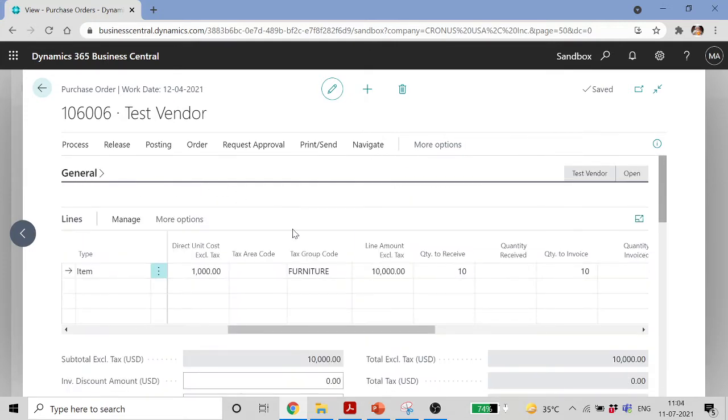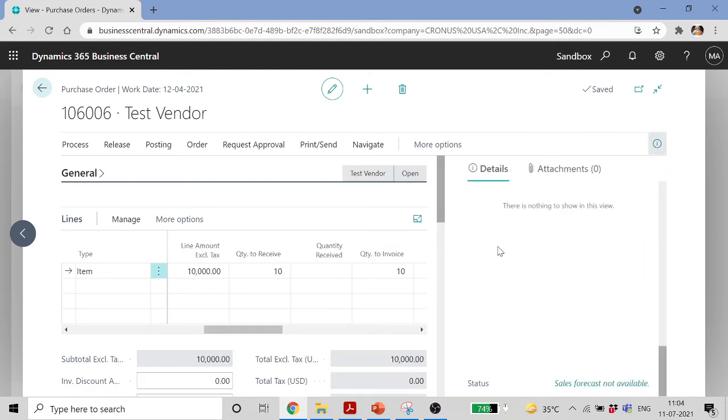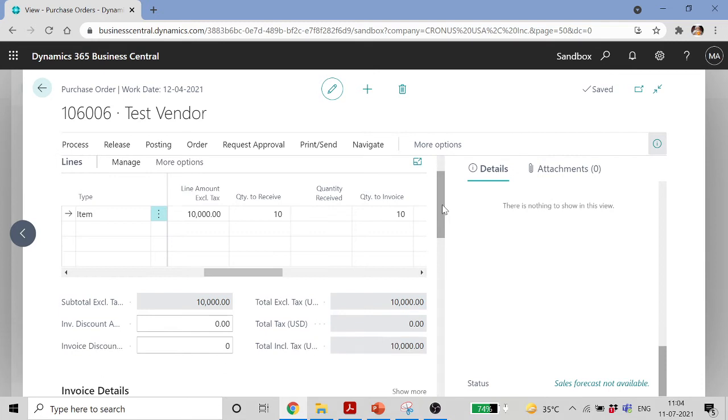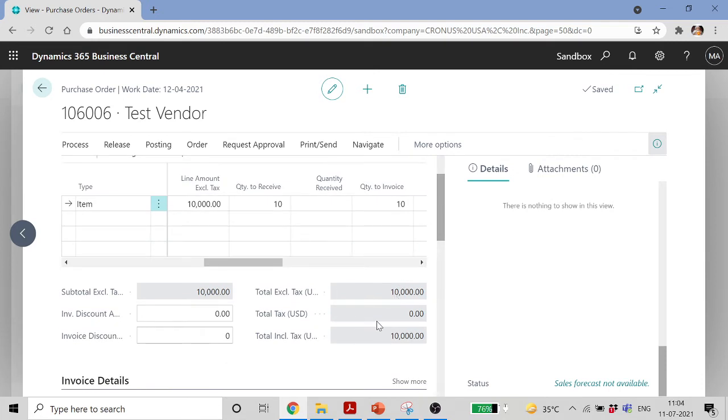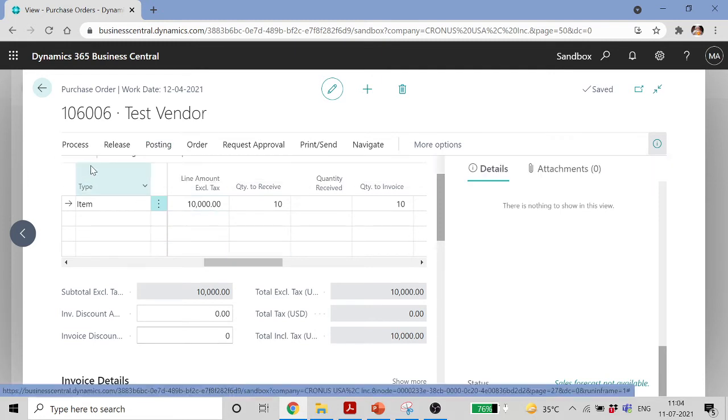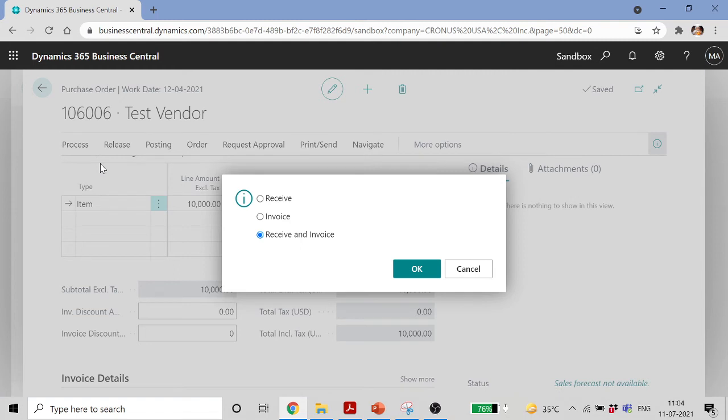So we can check the statistics. 10,000, there is no tax, and total including tax is also 10,000. Let's go ahead and post it. And because now we are talking about mainly financials, I'm not going to cover the receiving part and all. When you post a purchase order, there are three options which you get: receive, invoice, receive and invoice. I'll select the receive and invoice part,